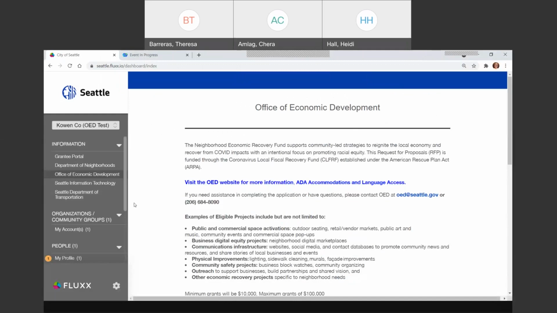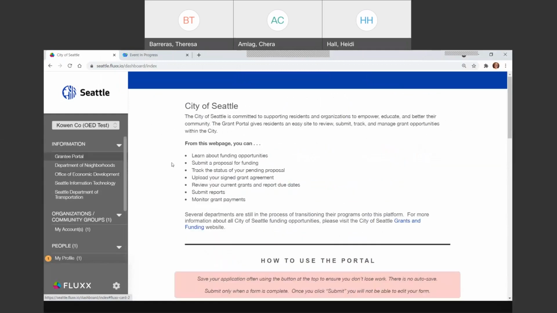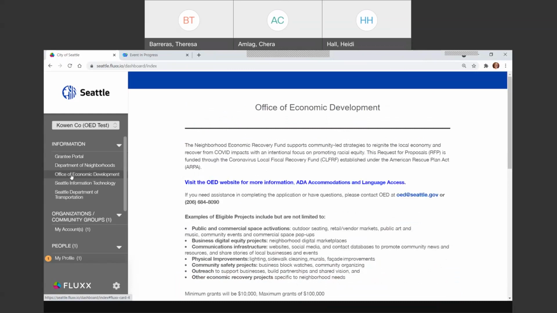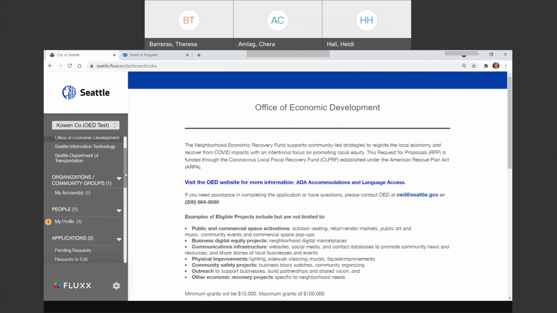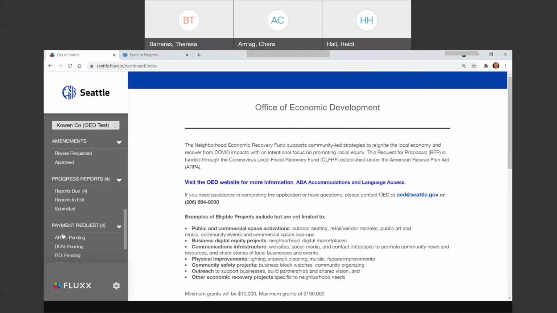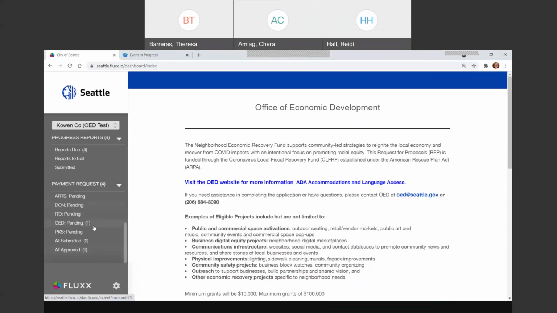Once you log in, this gray box on the left is the menu. And you can see here, there's general information about the portal on this grantee portal. You see different departments of the city that are on the portal now: Department of Neighborhoods, we're the Office of Economic Development. And then as you scroll down, you can see that you will have an account, and this is where you would have different applications, and grants and contracts will also be, and reporting will also be handled through